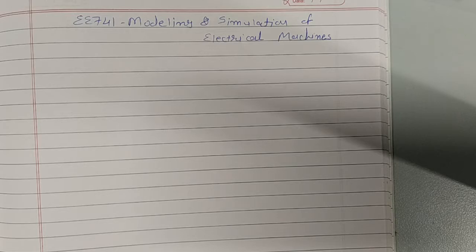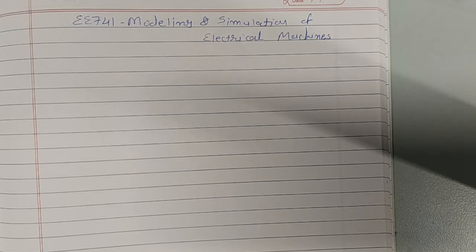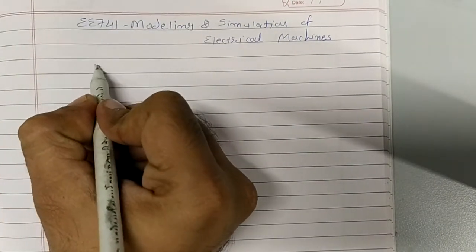Okay, so let us recall some of the basics of electrical machines. You have already studied these machines in your bachelor program. You may have studied electrical machine 1, electrical machine 2, electrical machine 3. You have also already studied the design of these machines. But before going to the modeling and simulation, we will recall it. A lot of things will be repeated here in this course, but their notations will be different. So let us start with the first machine, that is the DC machine.